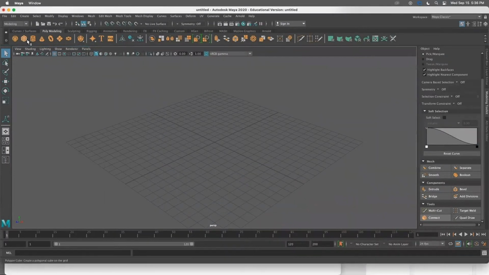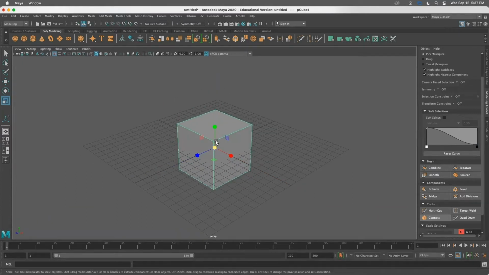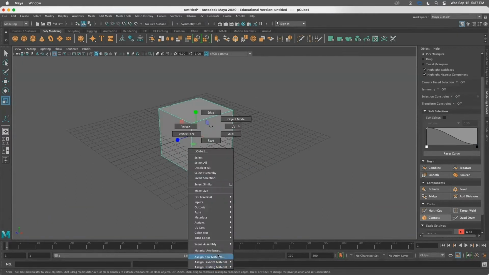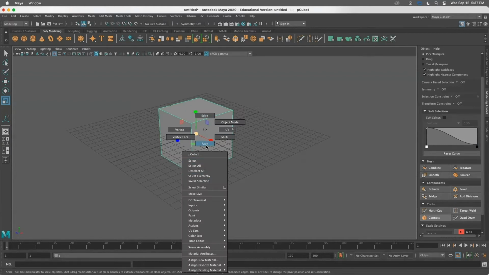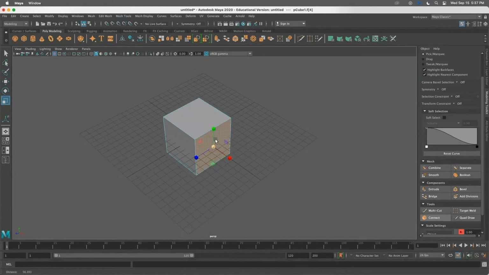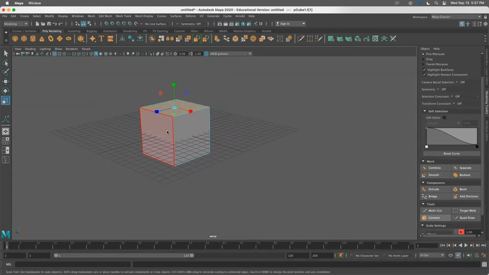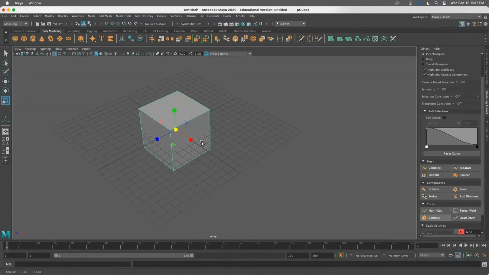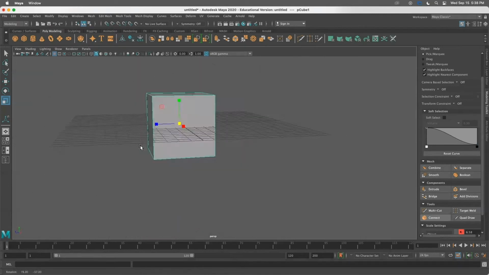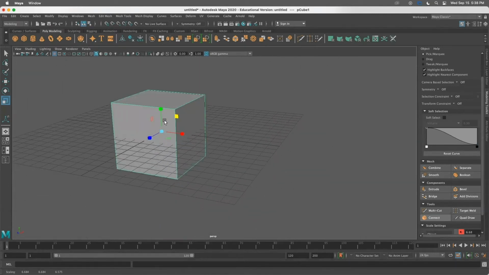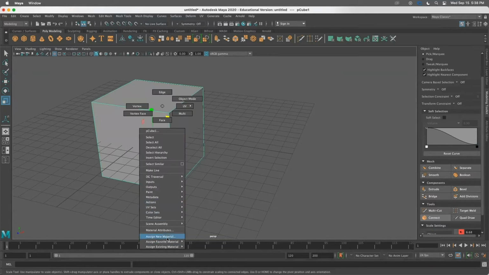Let's say we have a cube. We have a cube here. We understand how to add solid colors. You right-click, select the object, or just the face only. If you'd like to apply particular types of texture or colors on this face only, you have to go to face mode instead of object mode. Or if you'd like to apply the same color and same texture to all six faces on this cube, just select this object, right-click, and go to assign new material, or assign favorite material, or assign existing material in case you have already created some textures,